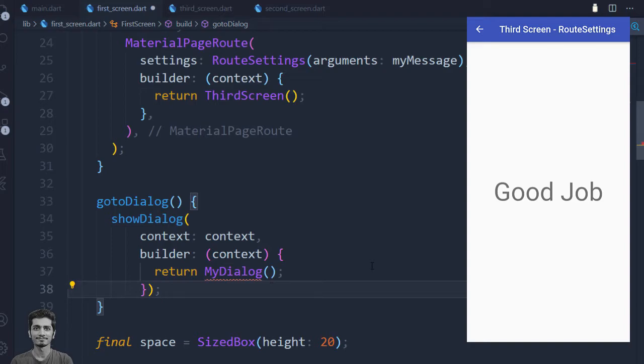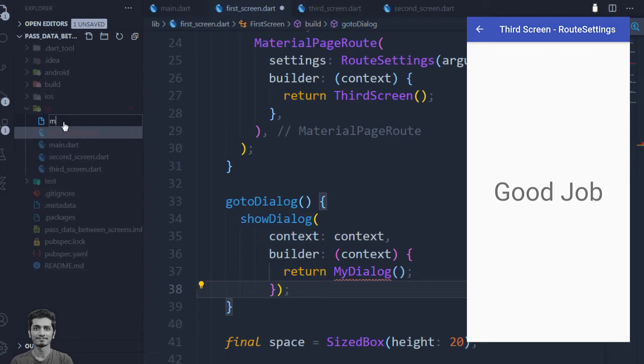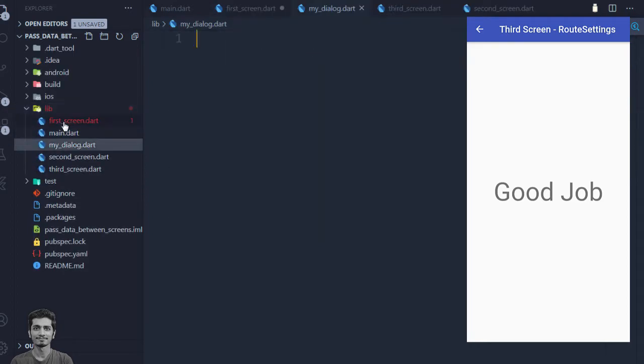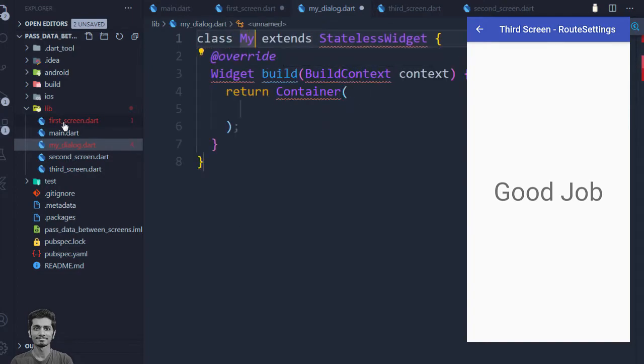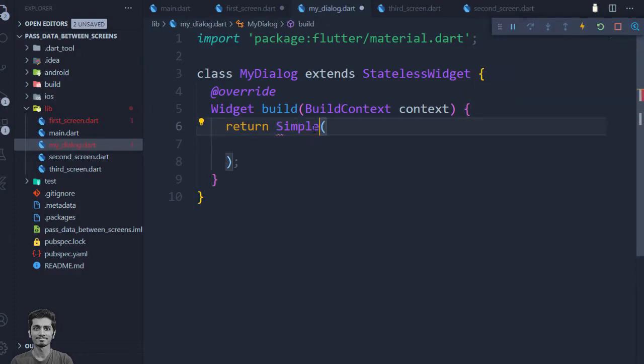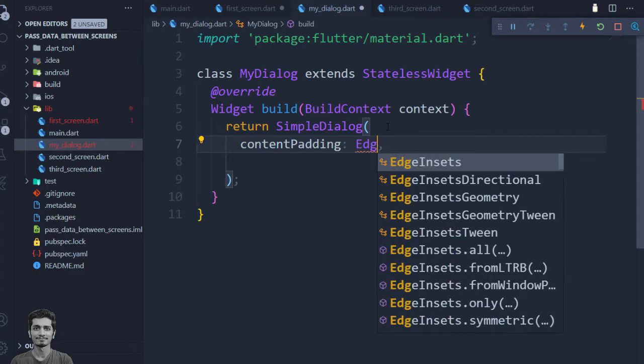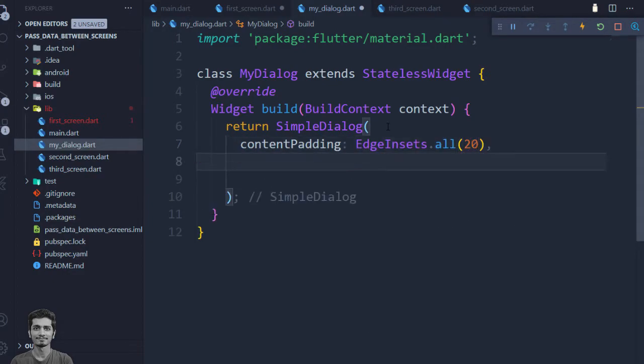Let's create the MyDialog widget. We will return the SimpleDialog. SimpleDialog will take widgets as children to show on the screen.